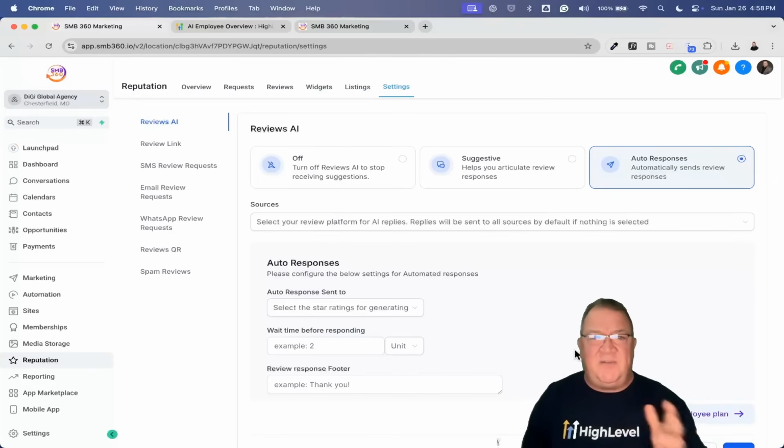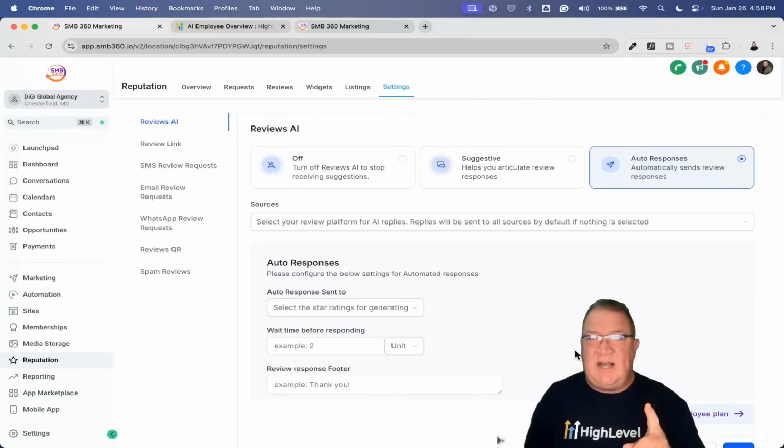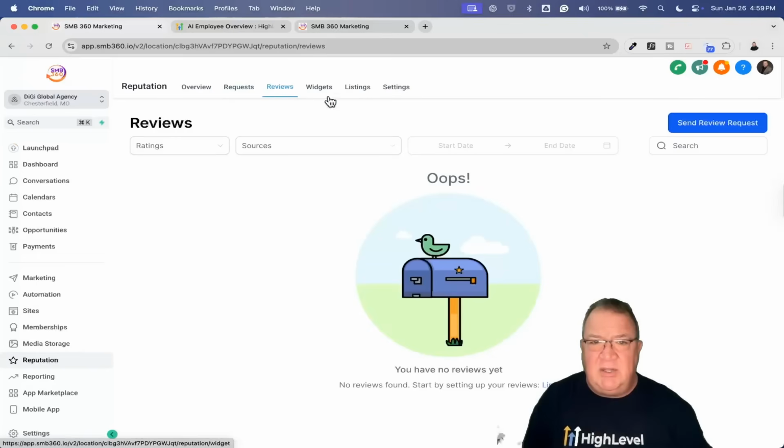This is really nice. Now, if you've never heard of Reviews AI, it integrates with your Google Business Profile. First of all, a couple of things need to be done first here. You need to integrate your Google Business Profile with your sub account. Number one, that should be part of your onboarding step if it's not. Once that's connected and you have a connection to Google Business Profile, all of the information here should start populating as far as requests,